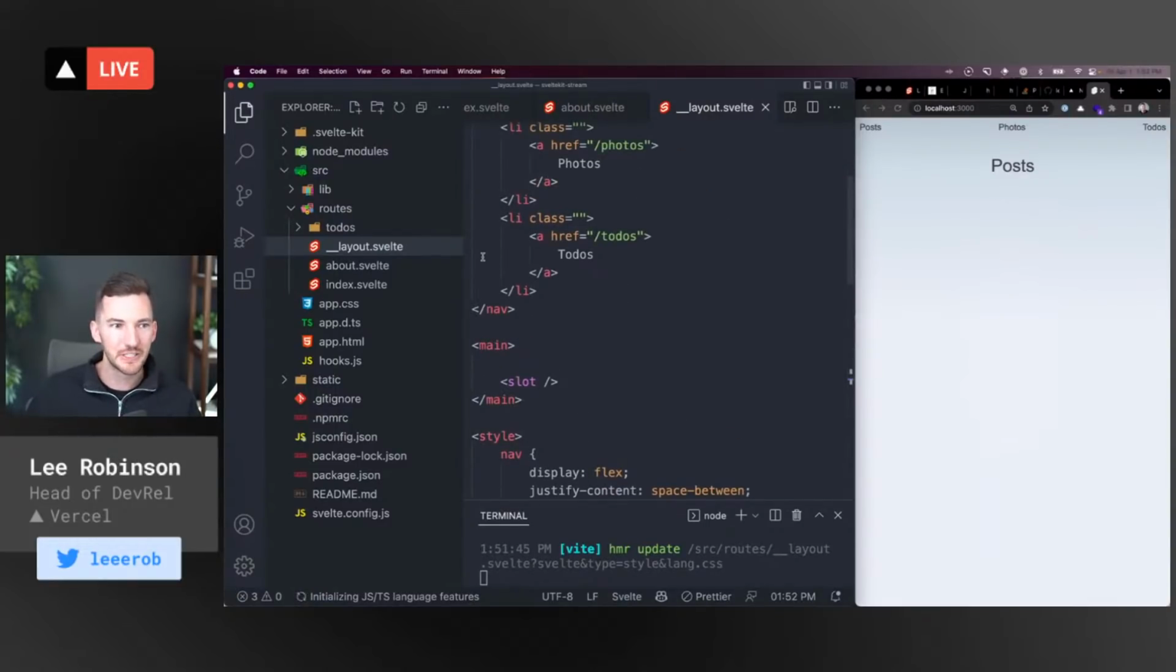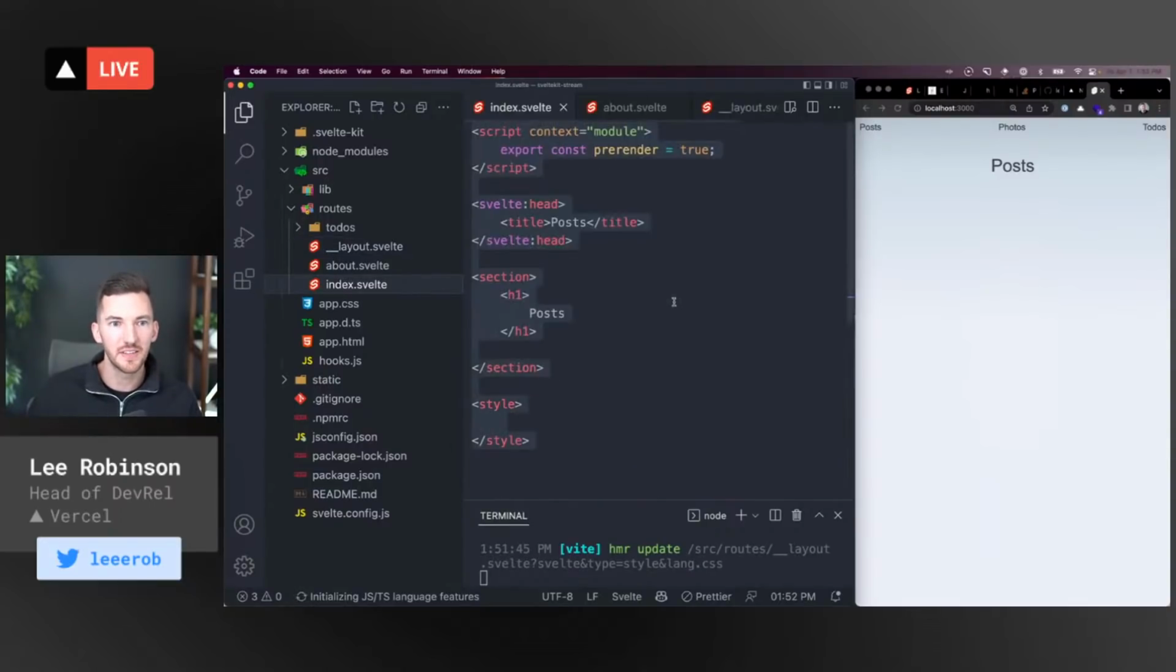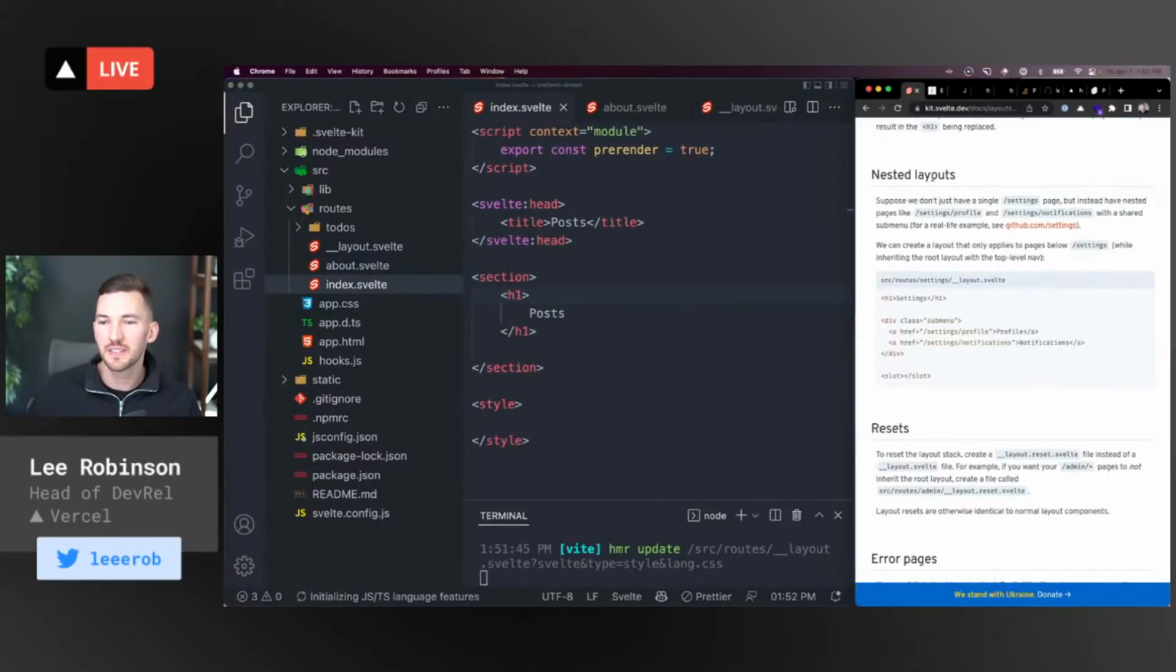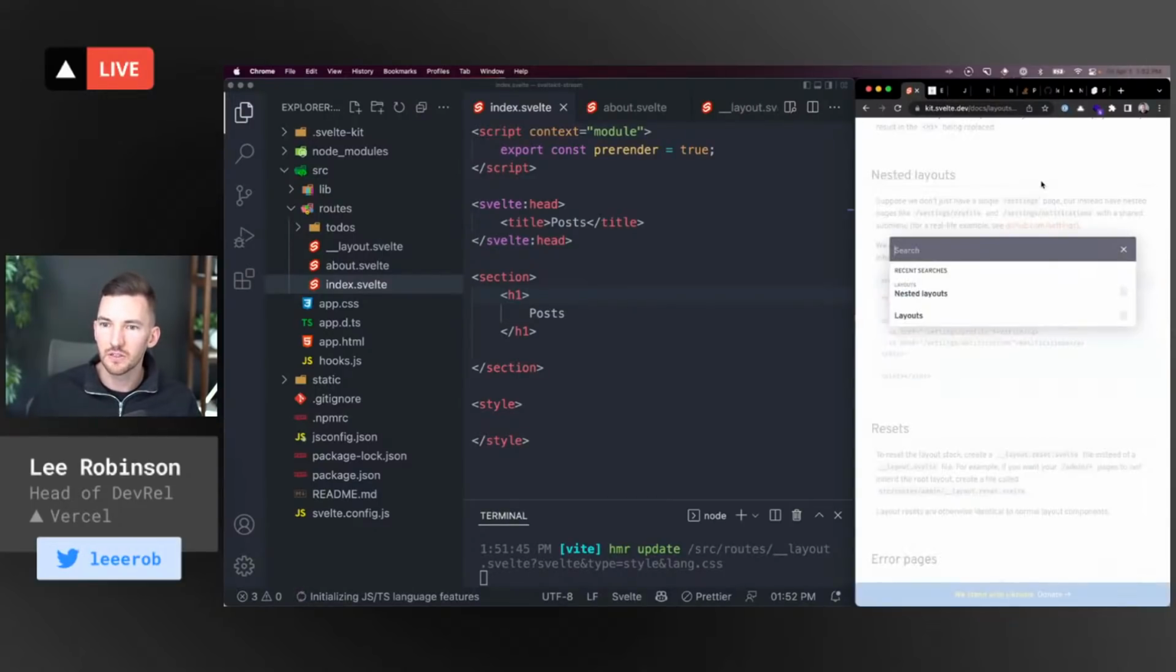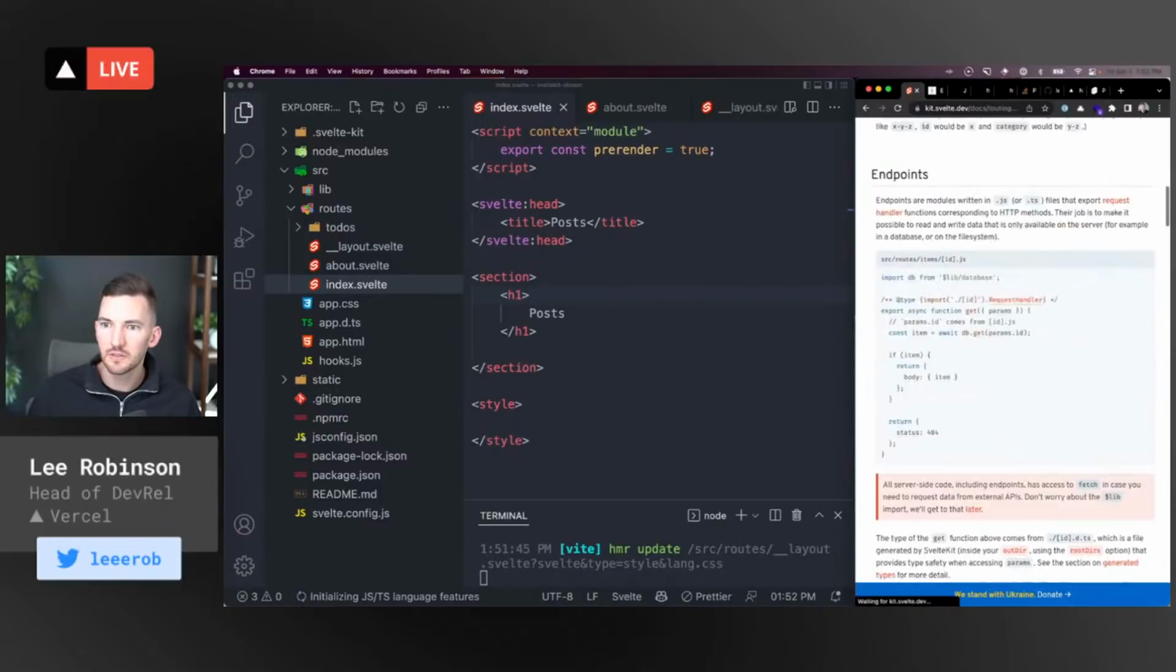Okay, so on posts, let's actually fetch some data. So this is on the index route. And this is where we're going to start talking about, do I want to get into a nested layout first, or do I want to fetch some data? I feel like let's get some data on the page. Oh, nice. Command K works in the Svelte docs. So I can search for endpoints,